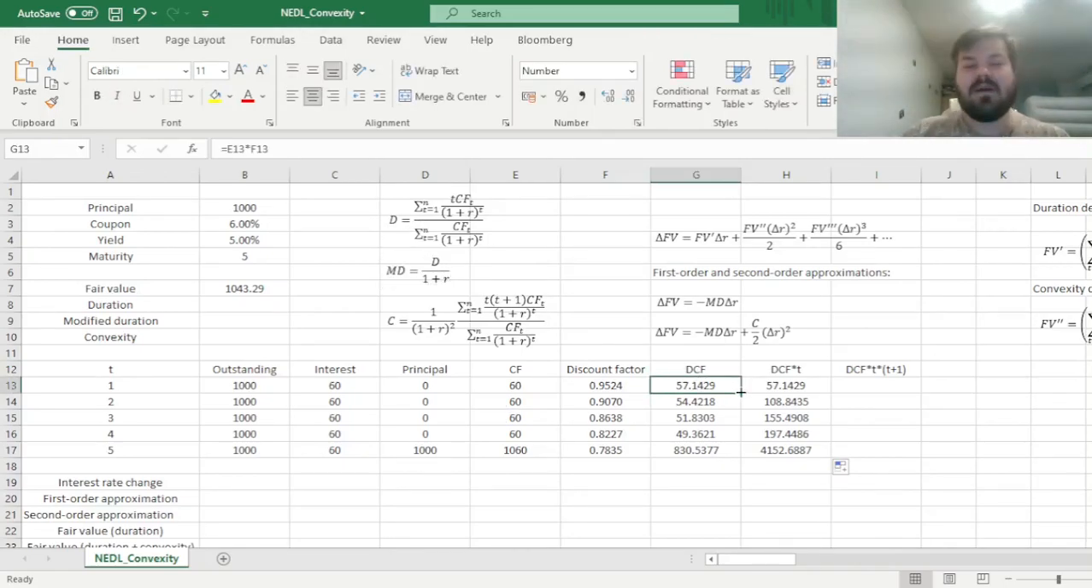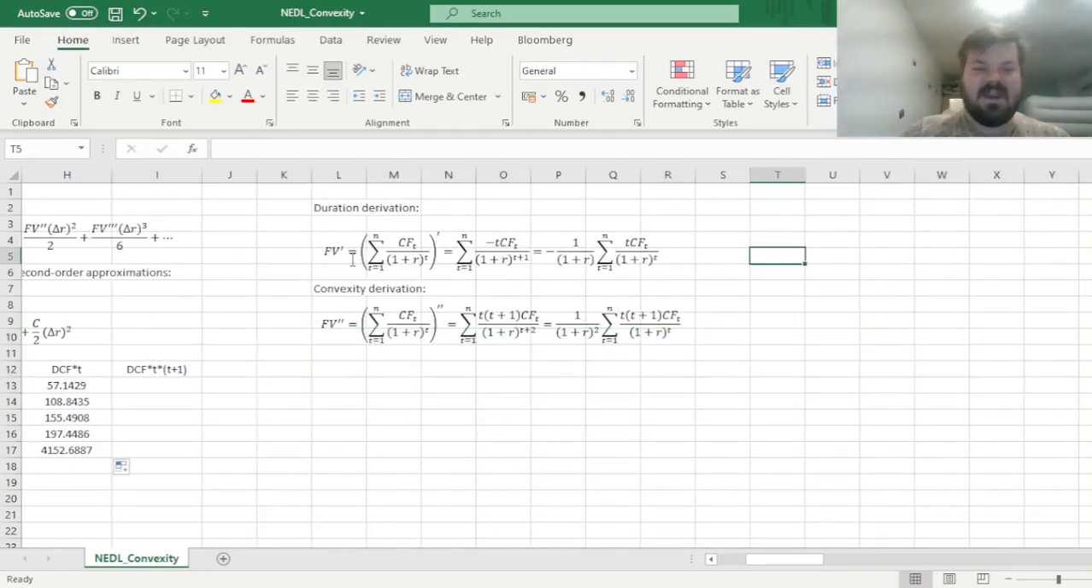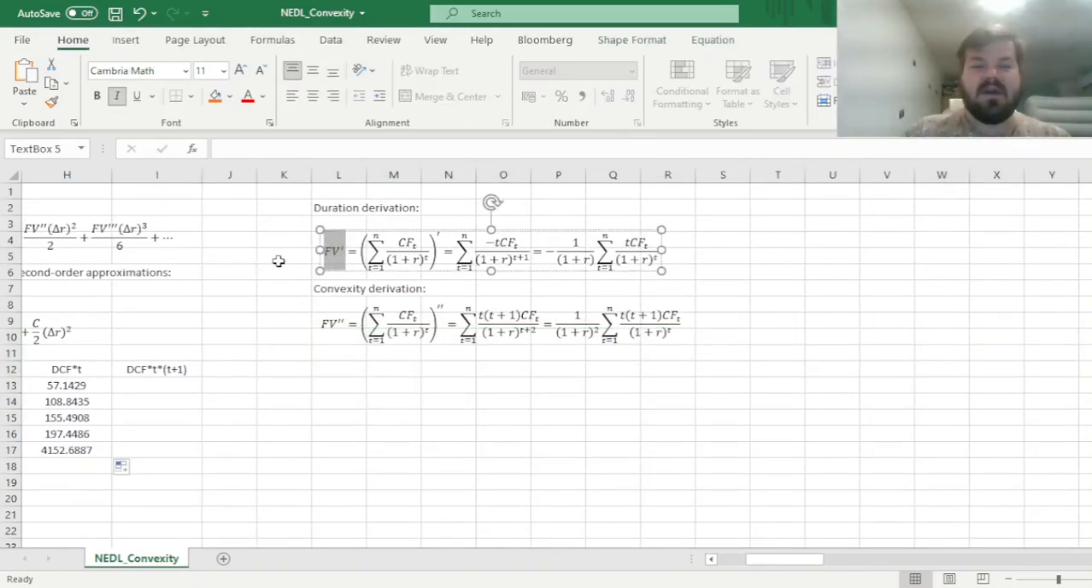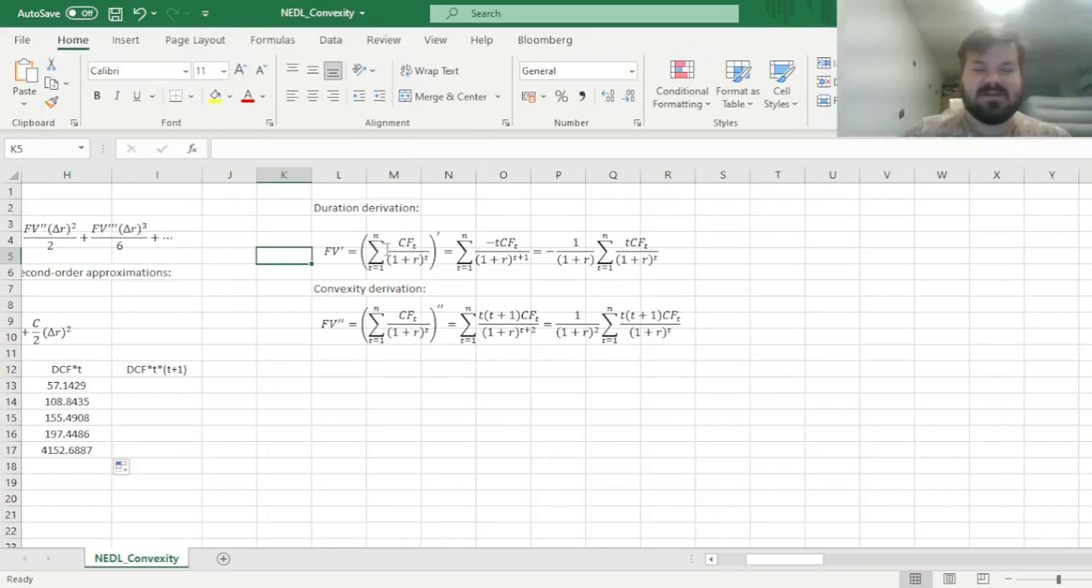And the mathematical logic of all these calculations are related to Taylor series, surprisingly of all things, and the derivatives of the fair value of the bond by yield to maturity R. And for duration and convexity respectively, we're dealing with first derivatives and second derivatives. And that allows us to account for first order effect and second order effects of interest rate changes on bond value. So over here, if we consider the first derivative of the fair value function, which is just, again, a